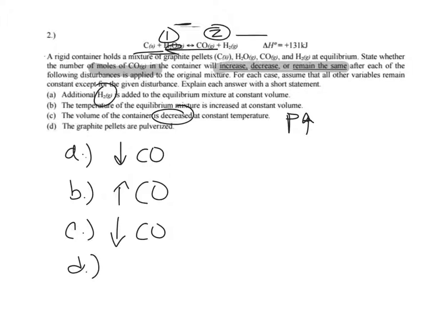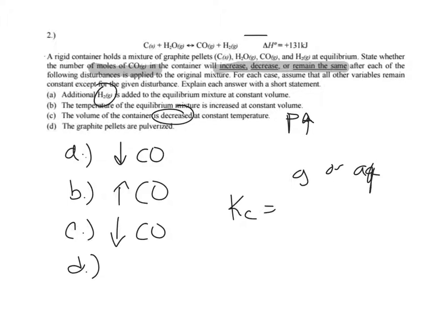Finally, letter D, the graphite pellets are pulverized. Now the graphite pellets, as they mention right here in the first sentence, is basically the solid carbon. Now when it pulverizes, it becomes smaller, and that's okay, but this goes to our conversation on homogeneous and heterogeneous equilibrium. Remember, Kc or Kp only are affected by things that are in a gas or in aqueous, and if they are solids or liquids, they're not included as part of the